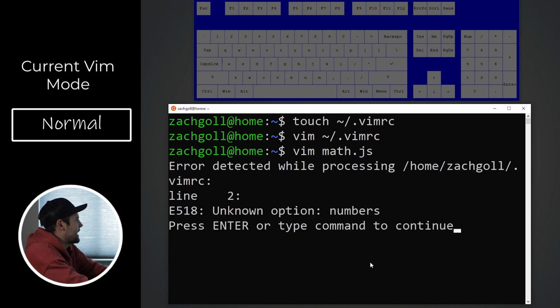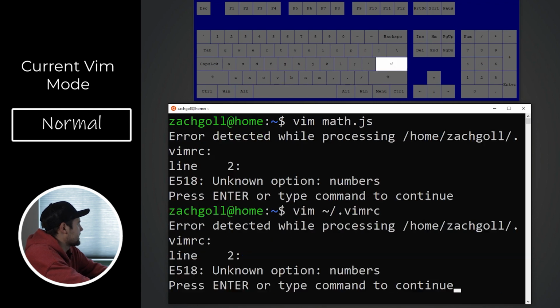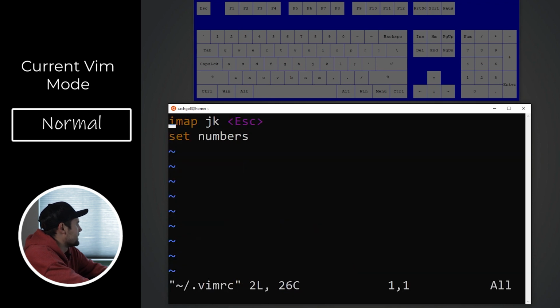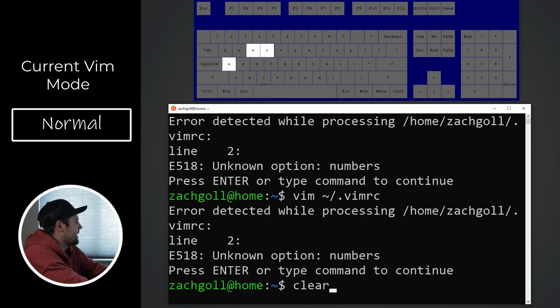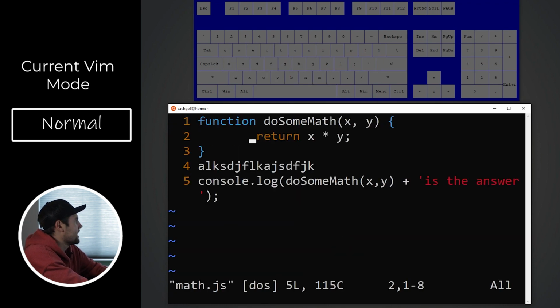So if we go to vim math.js, it's going to yell at me because I've actually entered something incorrectly here. Let me jump back into vimrc and show you what I messed up. In this case, I think that I probably just wrote it a little bit wrong. Let's go to quit, open up vimrc again, and it says unknown option numbers. We're going to press enter, and the reason is because I just need to delete that S right there at the end. I did that by going on the letter, pressing X. We will press escape, :WQ to save, and now we can open up math.js, and you'll see that we have